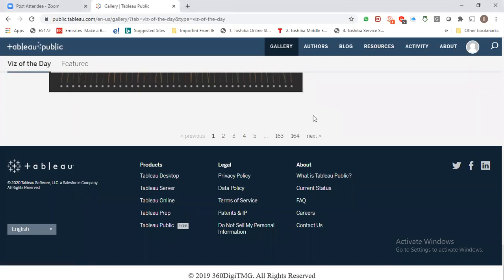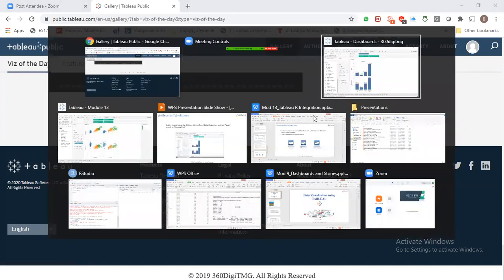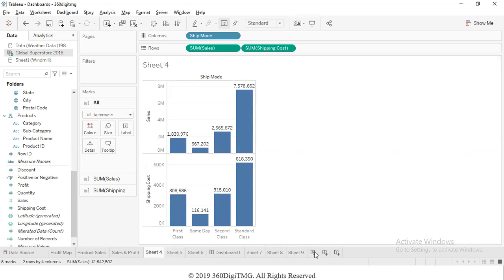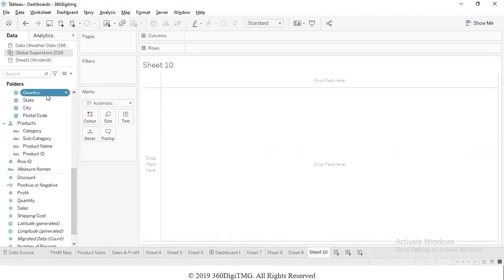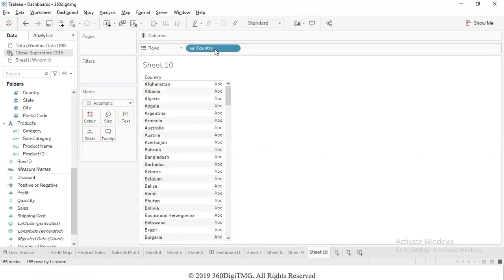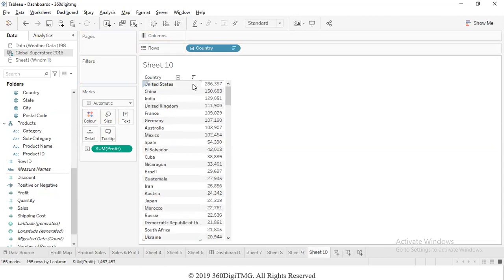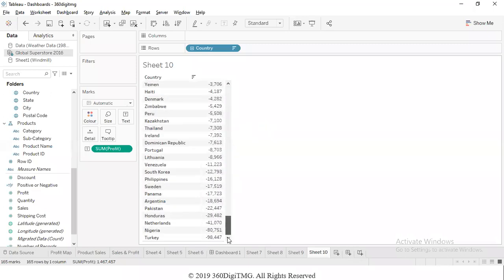Geospatial analysis, in the sense, say we have geographical information. Suppose we have information about different countries. A business is there across a lot of countries, and we have to create a report showing the profits coming from each country. Then we can create something like this, and also sort the data and say, okay, in the US, your business is doing very well, and this is the profit coming from each country across the world where the business has its presence.